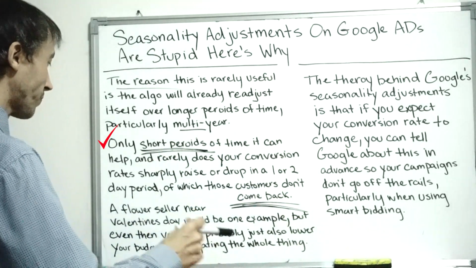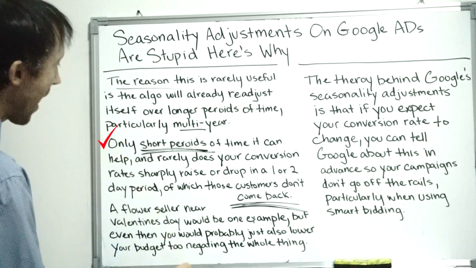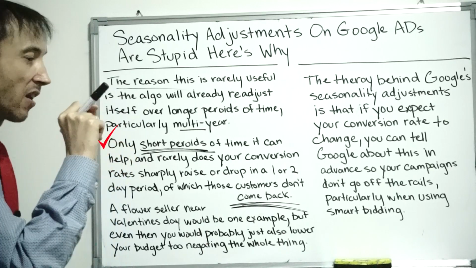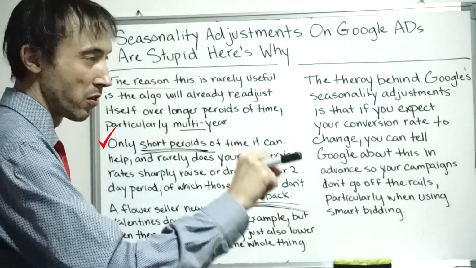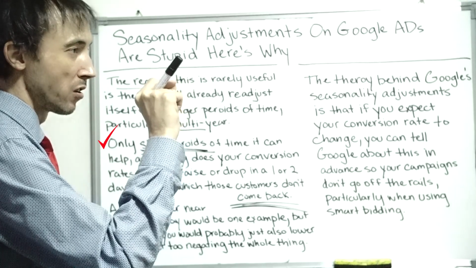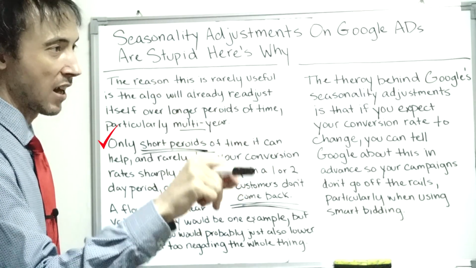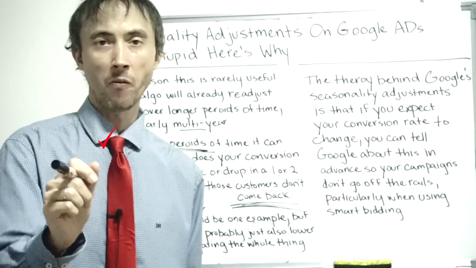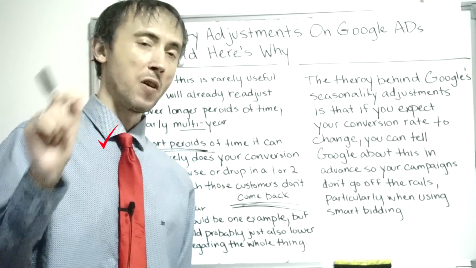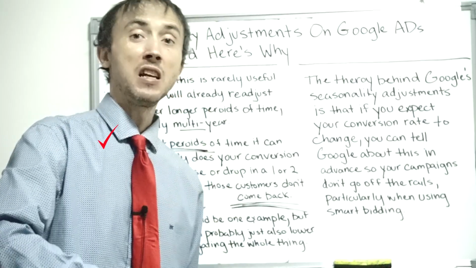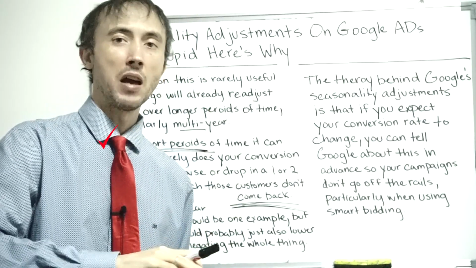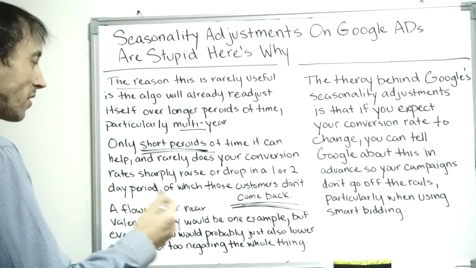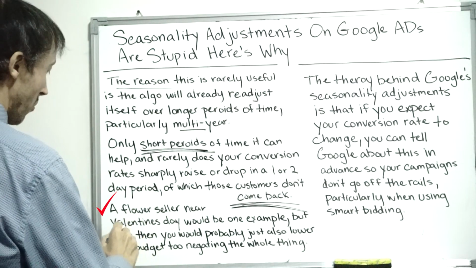Where it can actually help you make more money potentially is where, again, you're in a business where July 1st, your sales are this. July 2nd, your sales are 50% less. July 3rd, 50% less. July 4th, 50% less. There's an immediate drop-off. It's clear-cut, and it happens over a 1 to 2 day period. One instance where I can think of where this is the case is if you were a florist,